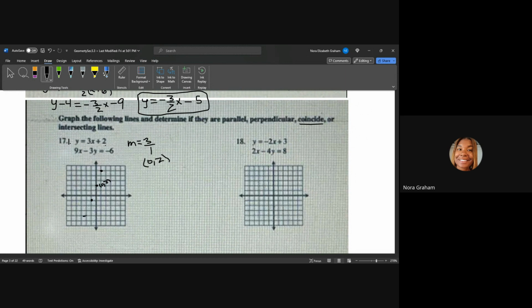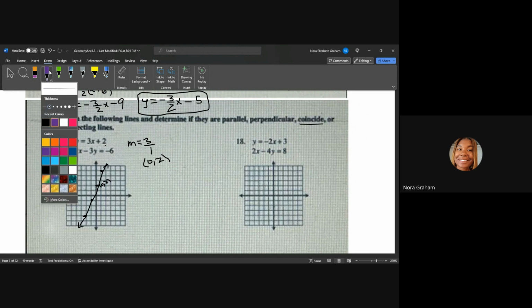Usually they would like you to graph about 3 points for a line, so you can really see the pattern of it. So that's line 1. So now to graph line 2,